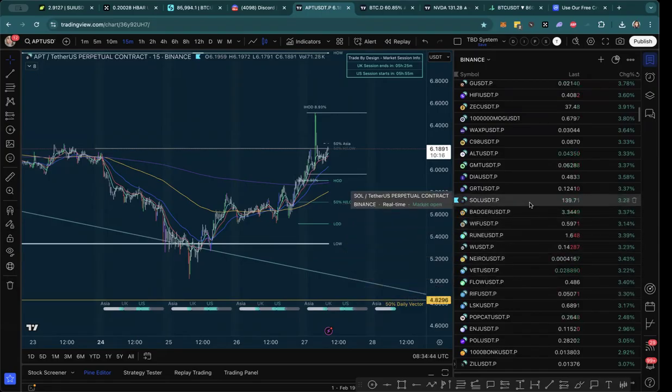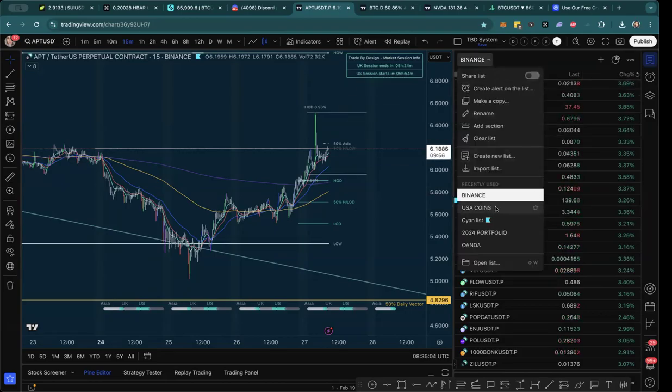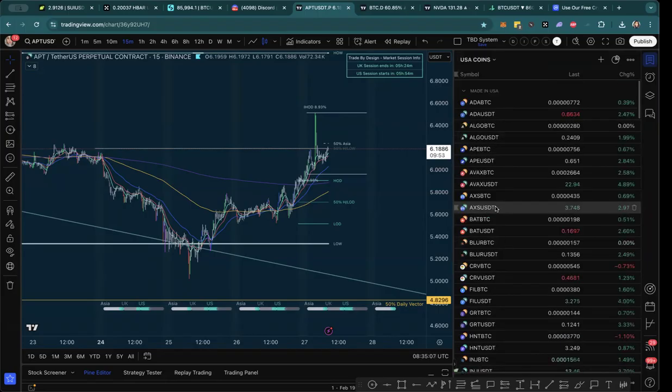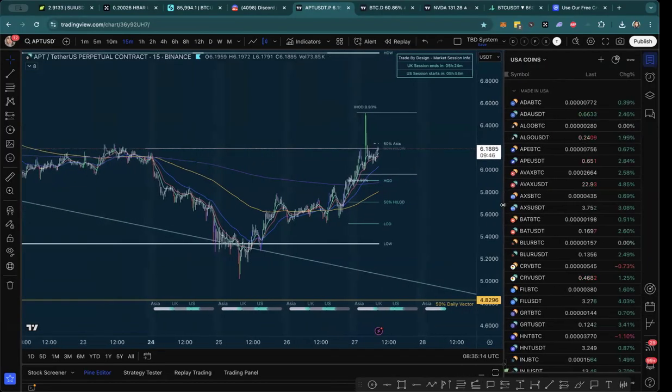Now, if I can identify the narrative, which in this case I have, it's USA coins, then you can use Coin Gecko or Coin Market Cap and you can sort by narratives and you can just get your list from there and go chart everything. It just so happens, here's one I prepared earlier because I have a watch list of USA coins, right? So this one is confirmed USA coins. And there are others that I think should be in here, but they're not confirmed, so I don't add them.